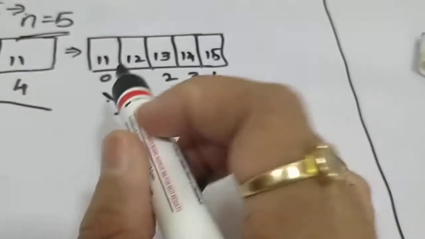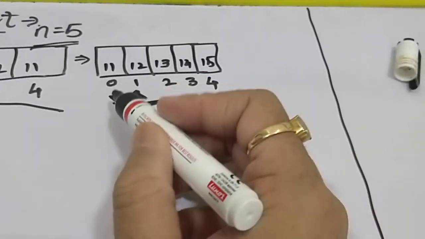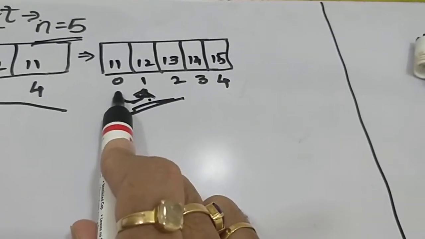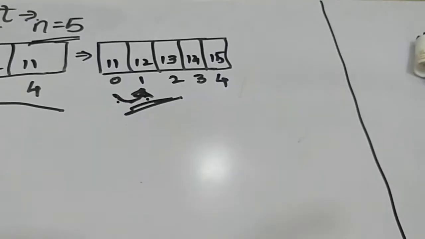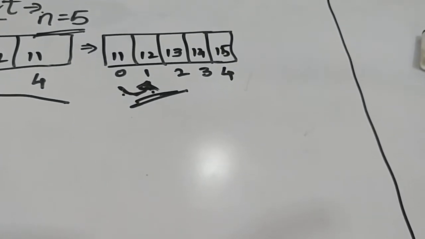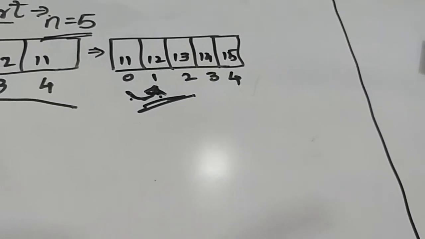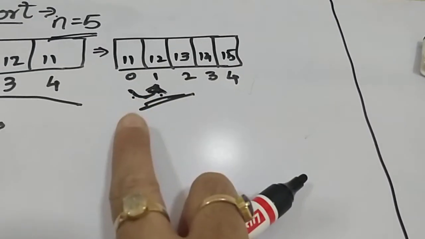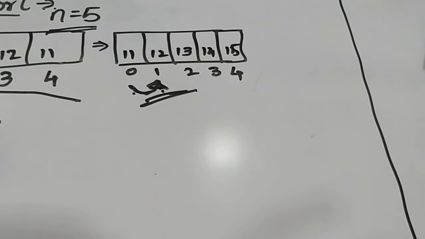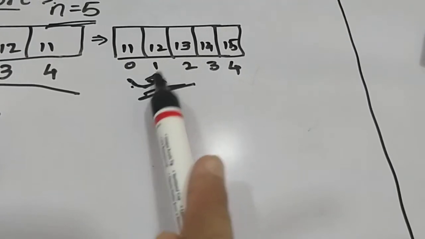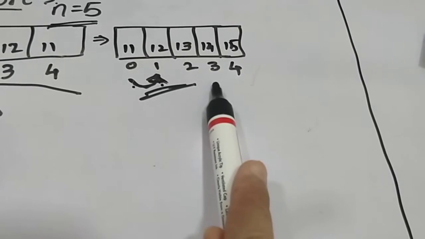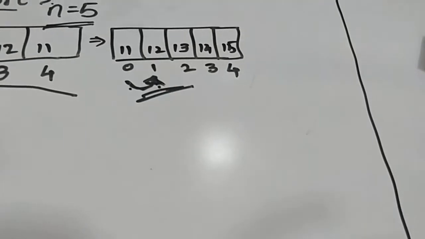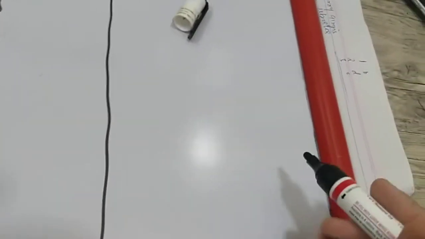So the basic condition is: we can say an array is sorted in ascending order if and only if any element is not greater than the element to its right. It can be equal to or less than. But if found greater, then we are supposed to swap the elements. When I say any element is compared with the element to its right, it means 0 will be compared with 1, 1 with 2, 2 with 3 and 3 with 4. So basically j will be compared with j plus 1.